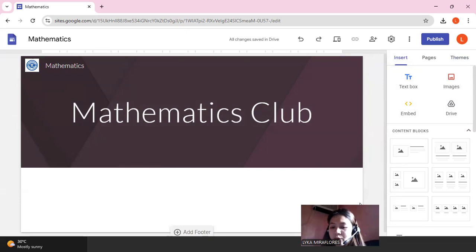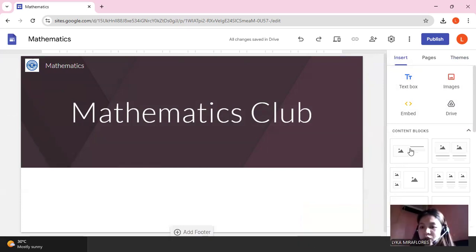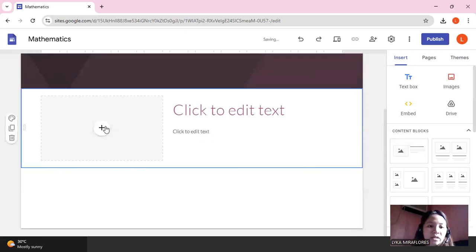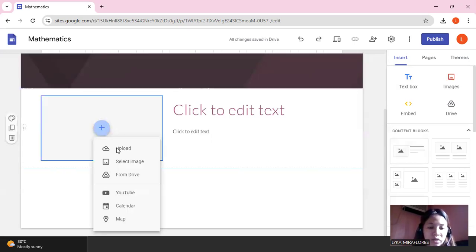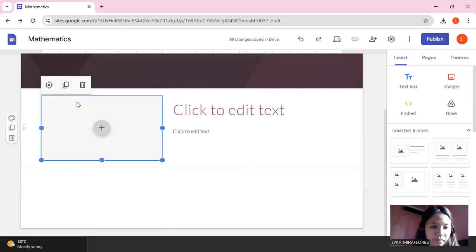I also have prepared photos that I can insert. So I'm going to click this content blocks and then we can add some photos. Let's upload.